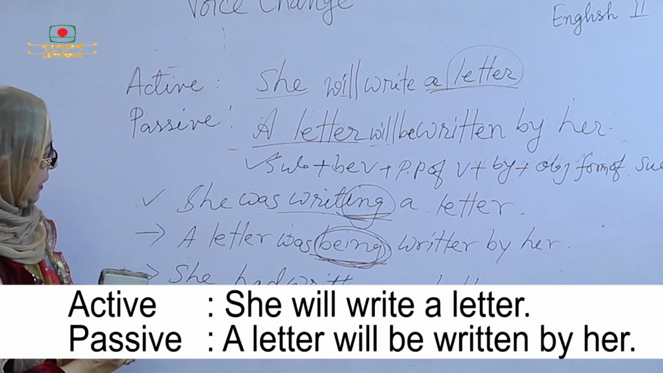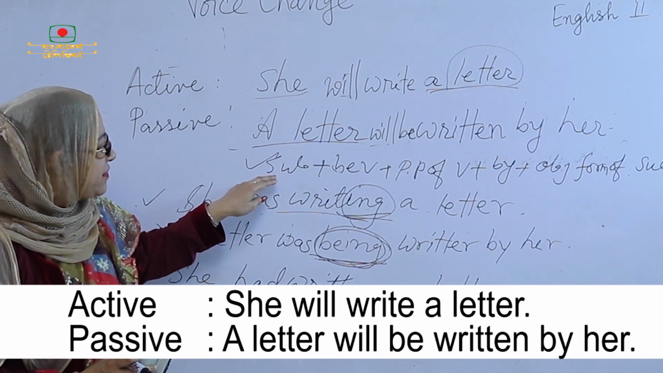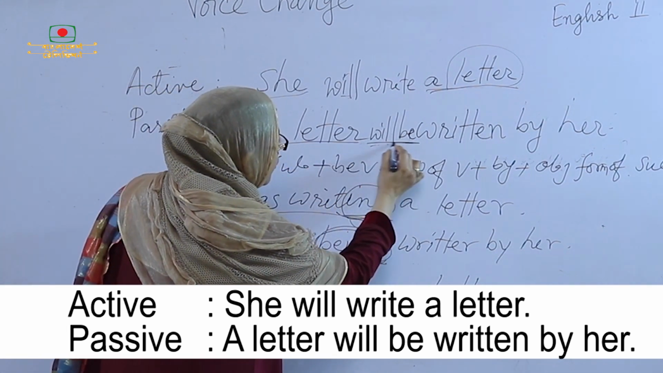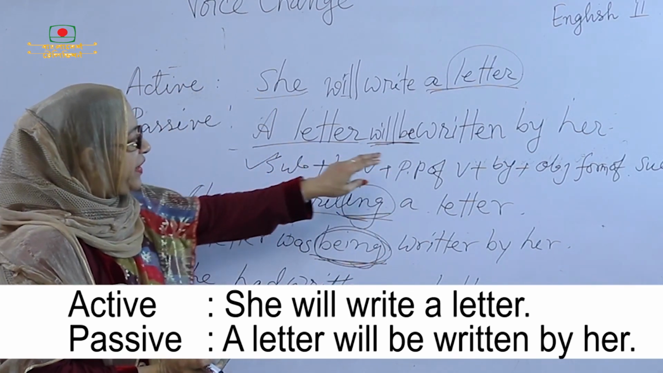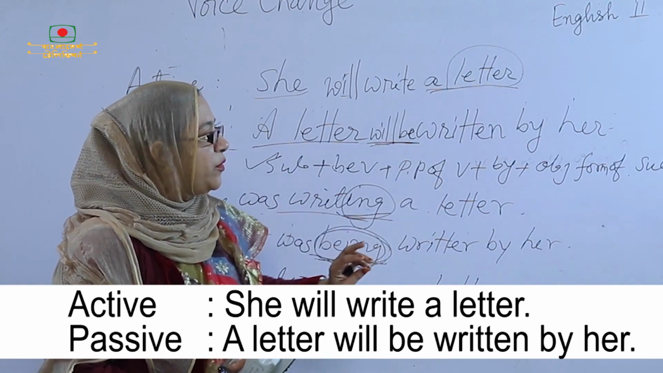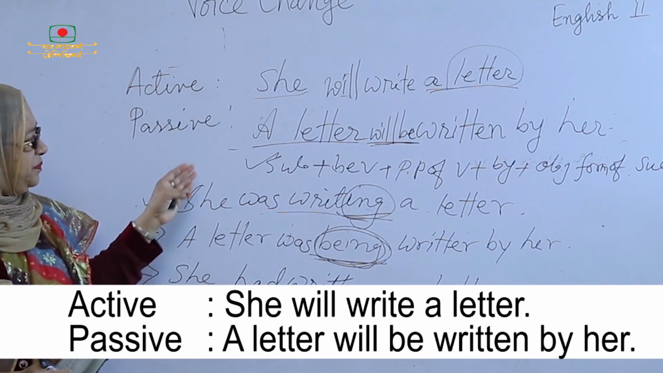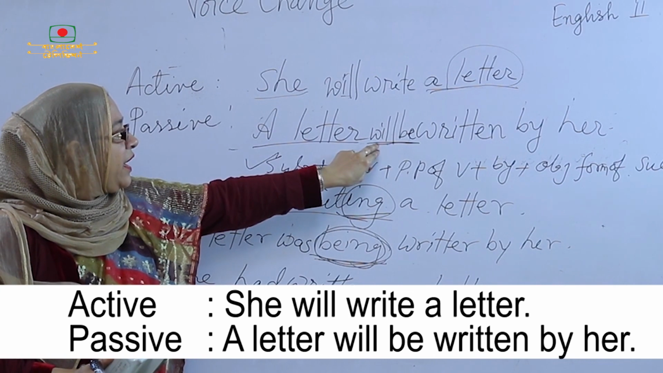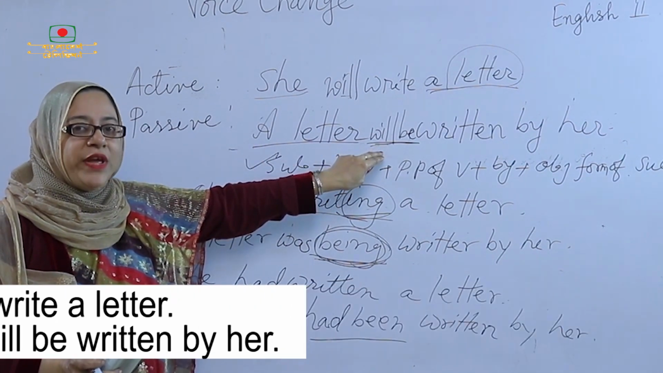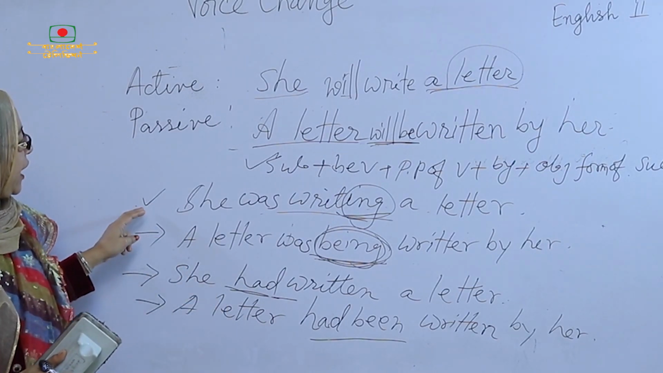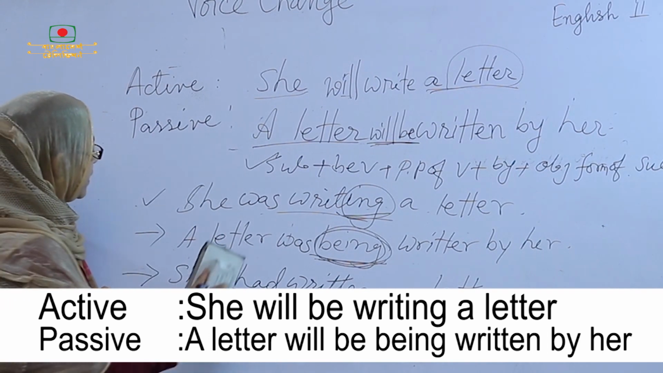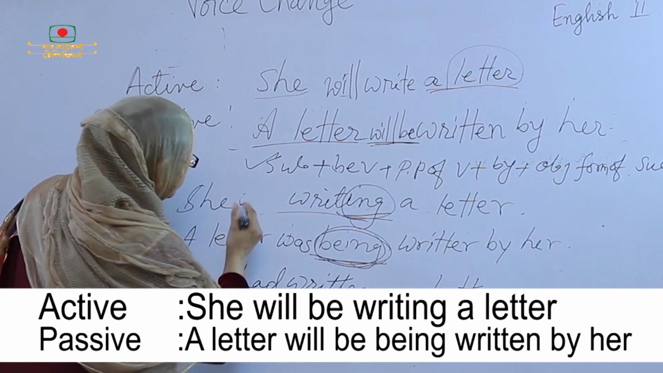And look at the board, the structure: subject plus be verb. This is the be verb, "will be". A letter will be written, past participle form of the verb, plus by plus the objective form of the subject. I only change to "will be". Then I will turn it into future continuous: she will be